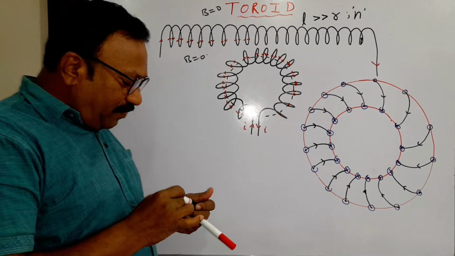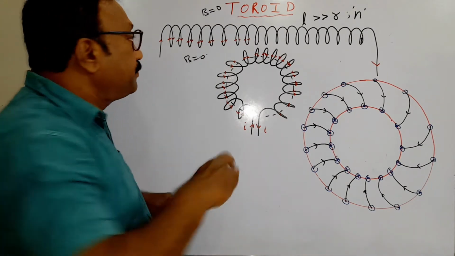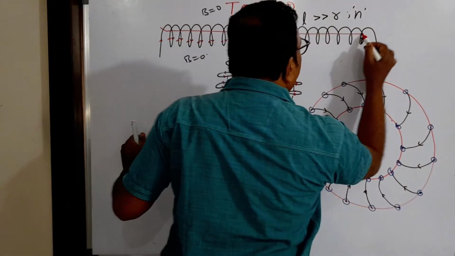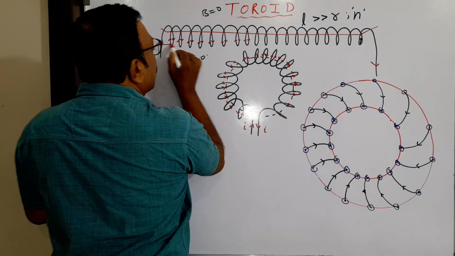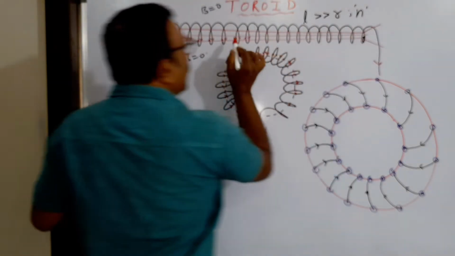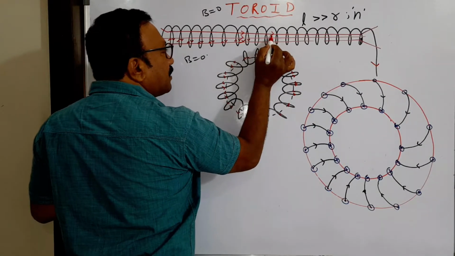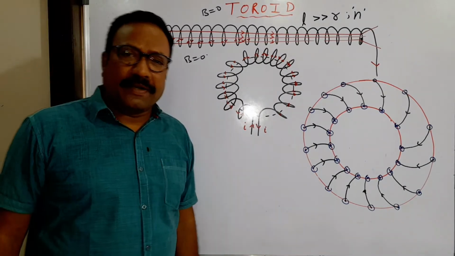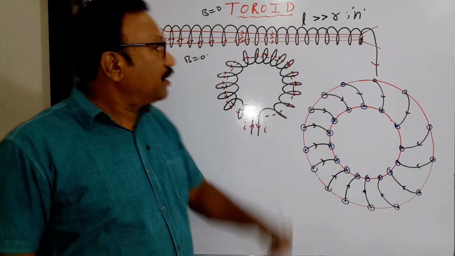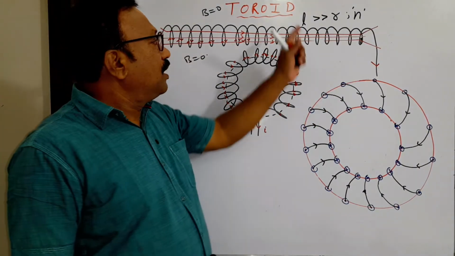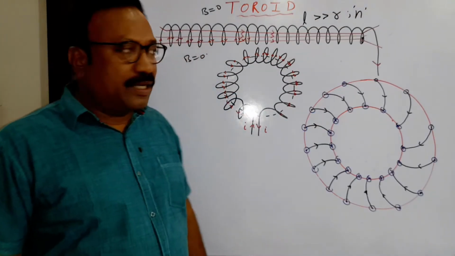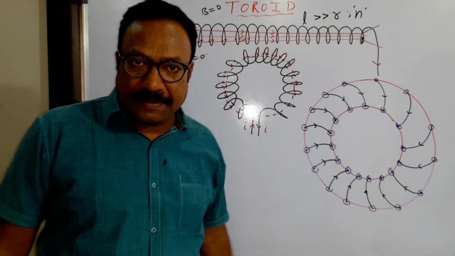There is only a magnetic field present inside the solenoid, and that too is a uniform magnetic field existing inside the solenoid, which is known as an ideal solenoid. These are the conditions. A uniform magnetic field inside the core of the solenoid. Outside the solenoid, the magnetic field is zero. Length is large compared to the radius, and the number of turns per unit length is large. This is called an ideal solenoid.